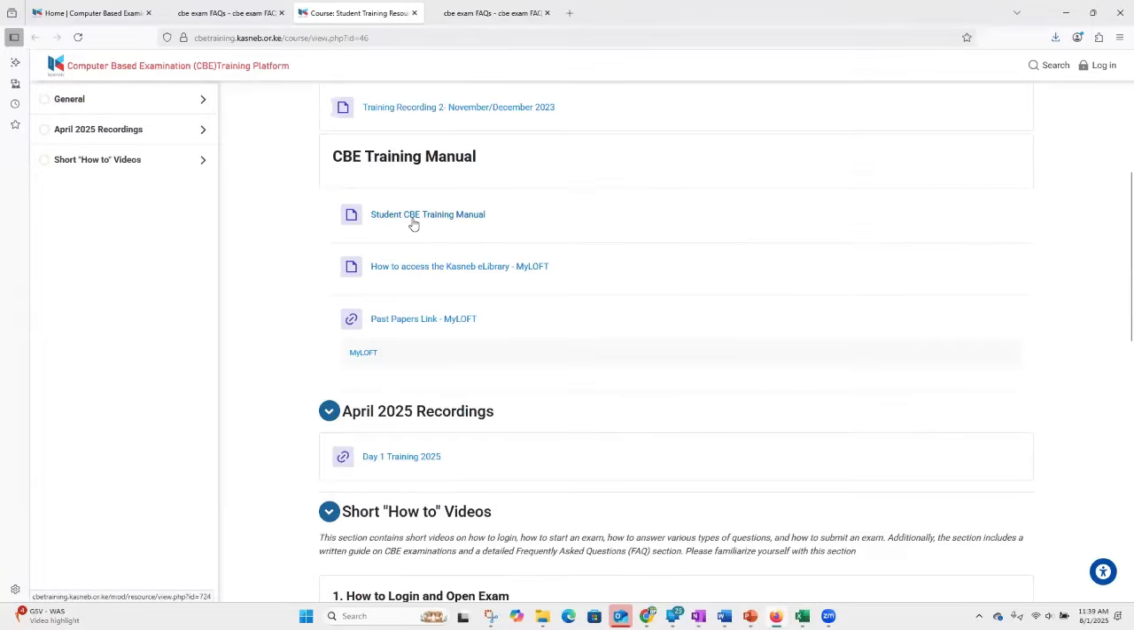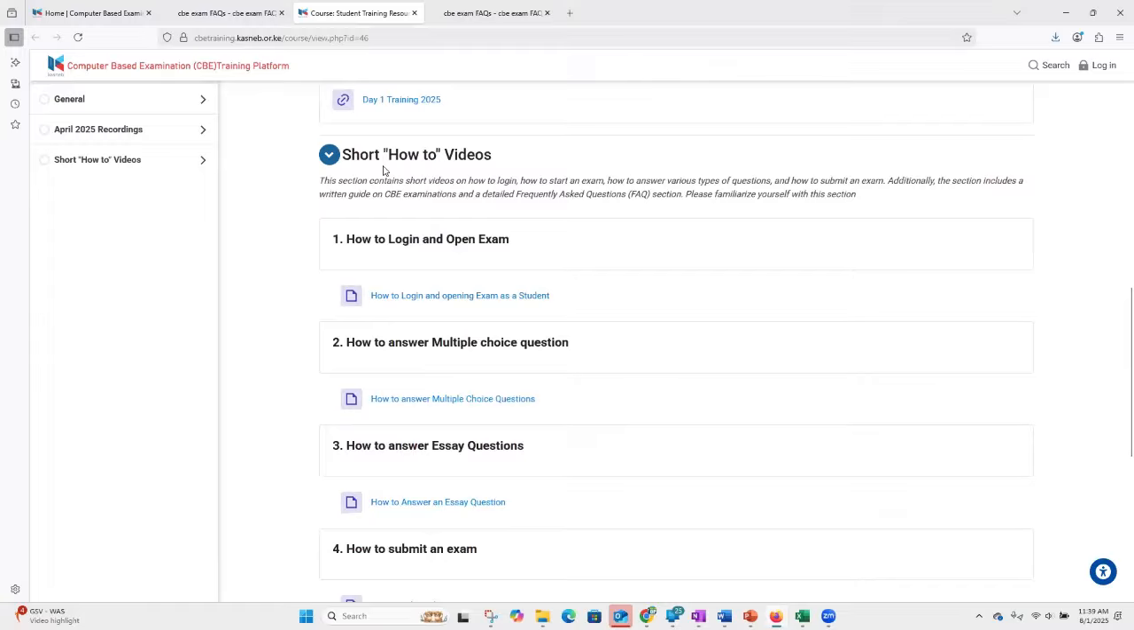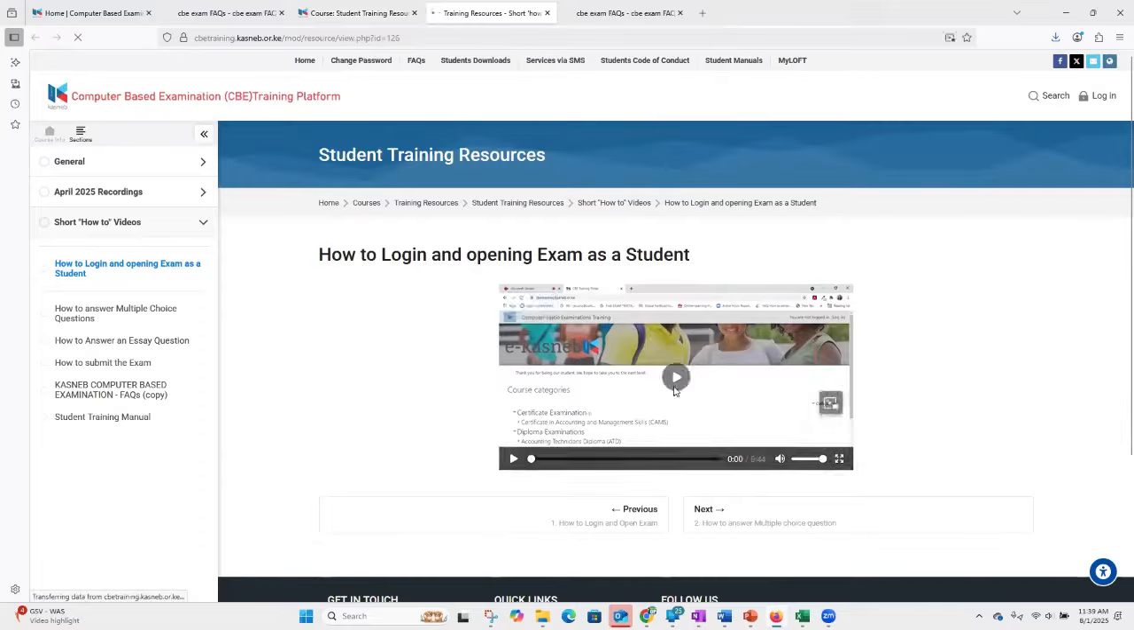can go to the short manuals on how to log in, how to access my loft, how to access past papers. And if not that, we still have some short how-to videos on how to log in. If I was very quick on logging in and opening an exam, you can click on this and it will take you to a short video